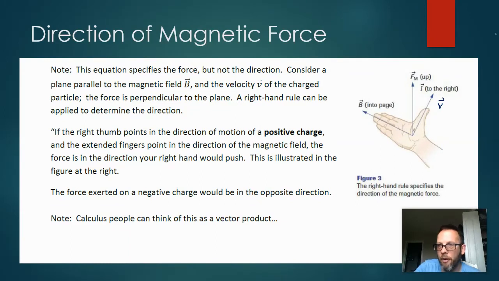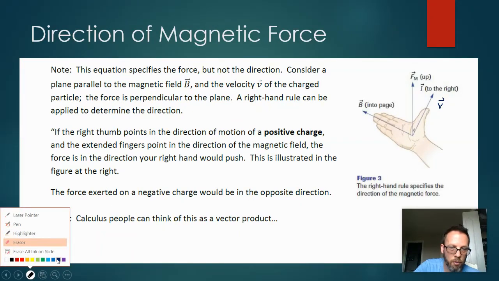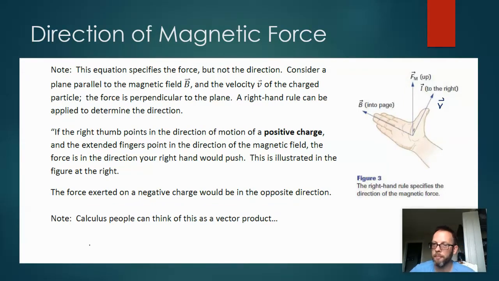So you can see in this diagram, with the thumb pointing to the right like this and B pointing like so, using this person's right hand, the magnetic force would be pointing up out of this person's palm. Now, again, this right hand rule is for a positive charge. A negative charge would experience a force down. So this right hand rule for the direction,